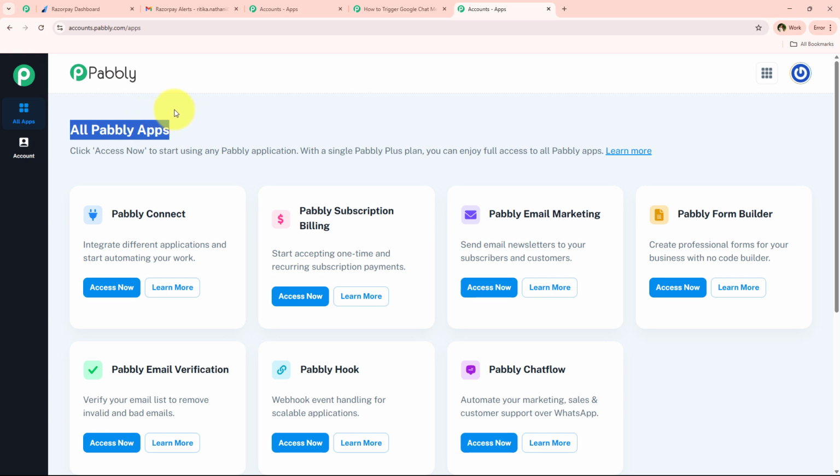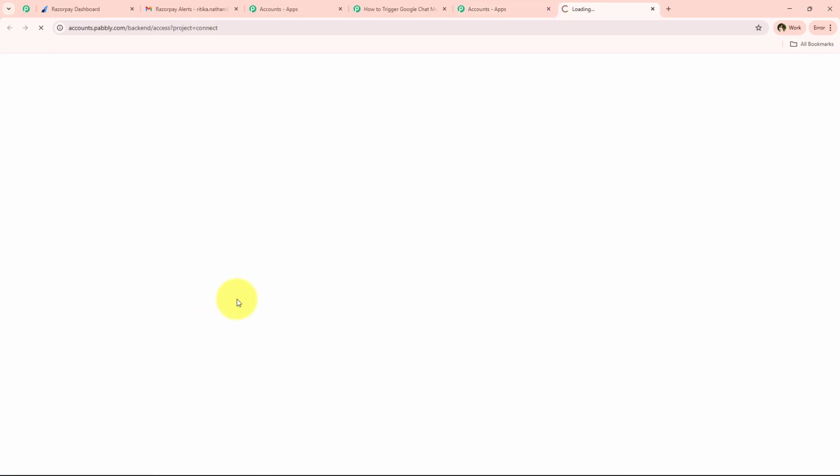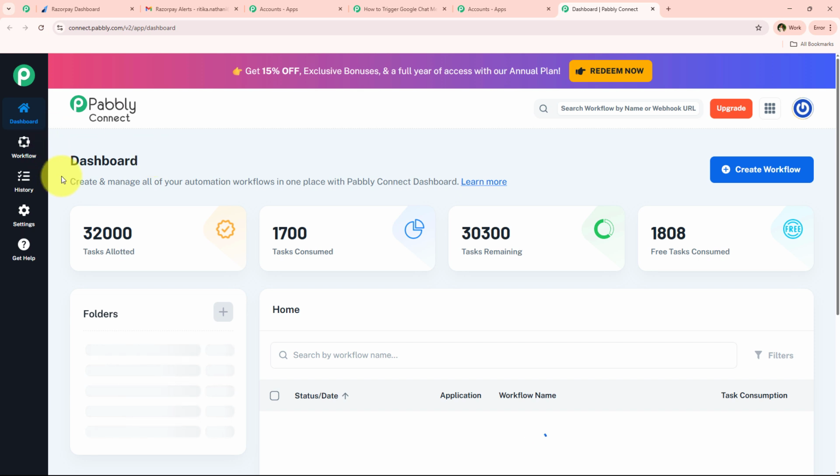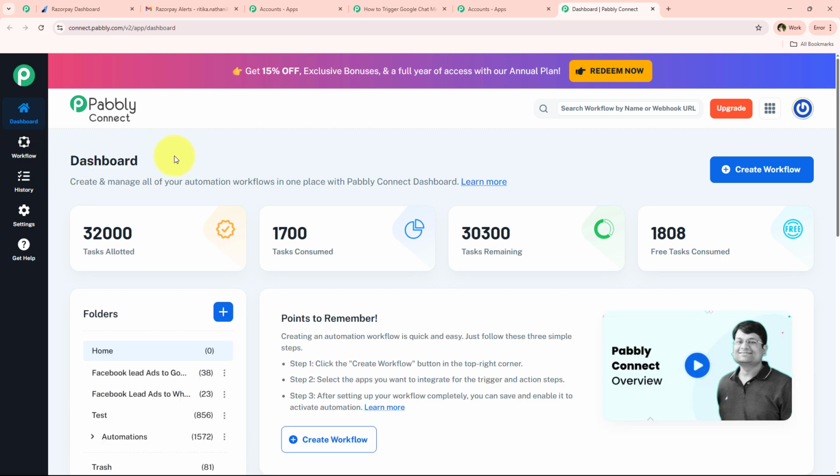And now it is opening all Pabbly apps, and over here you're going to see all the tools and applications offered by Pabbly. But in today's video, we are going to use Pabbly Connect because we are connecting different applications. So I'm simply going to click on this Access Now right over here to access my Pabbly Connect account. And now it is opening the dashboard of my Pabbly Connect account, and to get started, I'm just going to